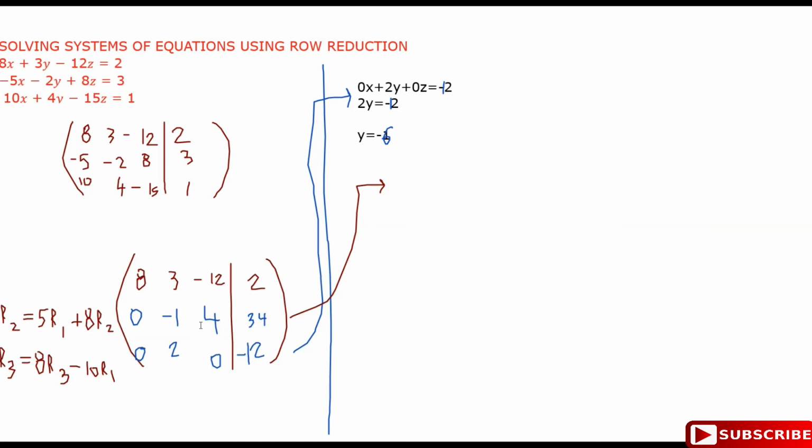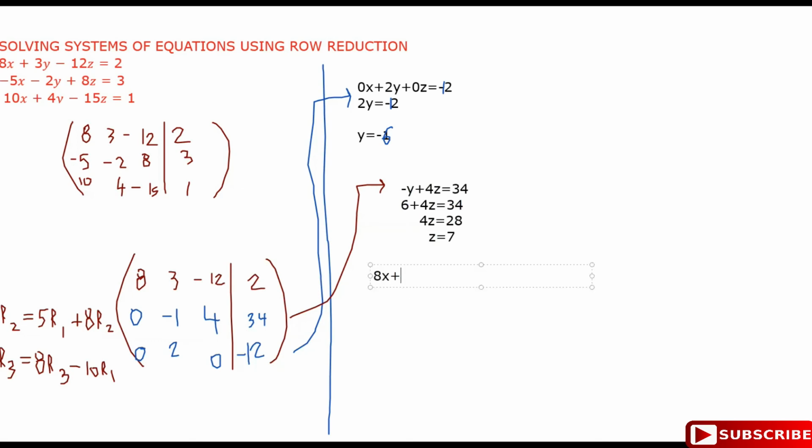Because now we can say our second equation is -y plus 4z equal to 34. Then we can substitute y as -6. So that will become 6 plus 4z is equal to 34. And so 4z will be equal to 28, and so z equals 7. If z equals 7 and y equals -6, we can go to the first equation right here and then say